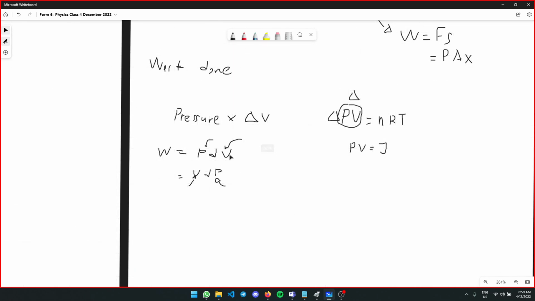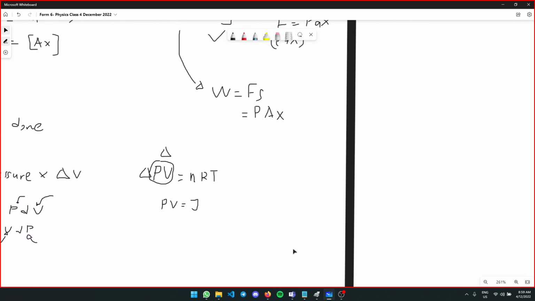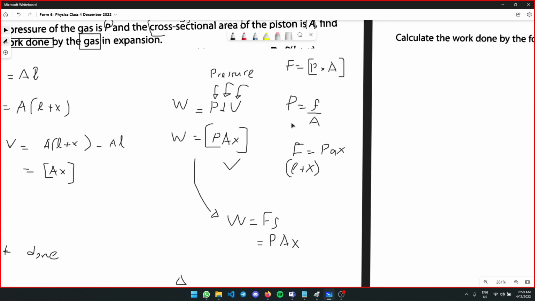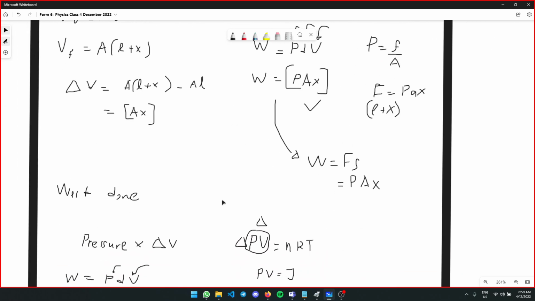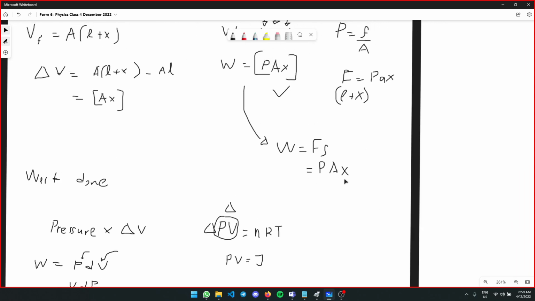You can do it like what I just mentioned, W equals to PdV, or you can also do it in the way that you also tried just now. It is using the Form 5 method. Okay, same thing. End of the day, you still get PAX, and as long as you get PAX,